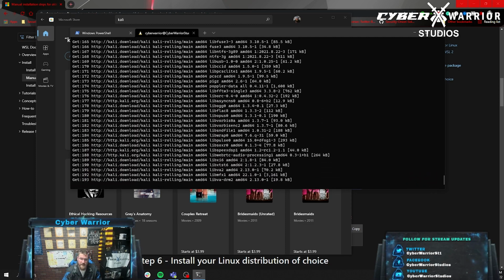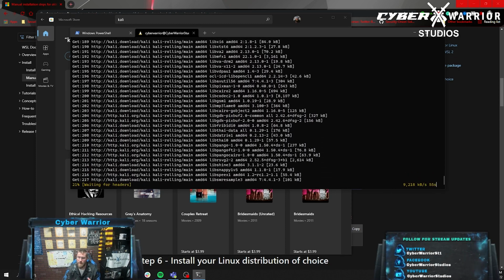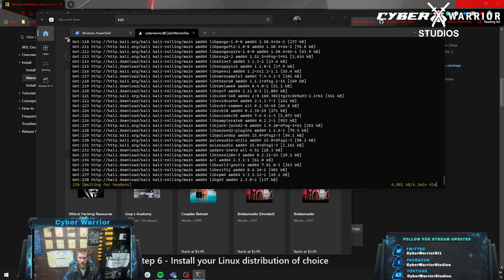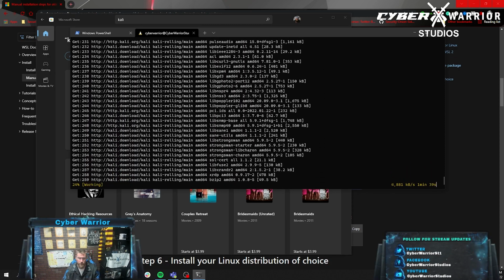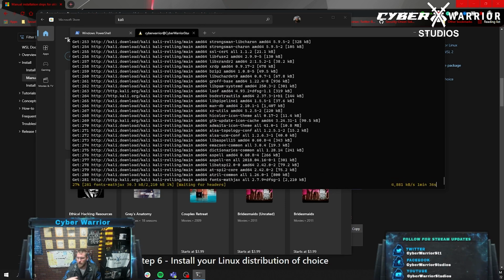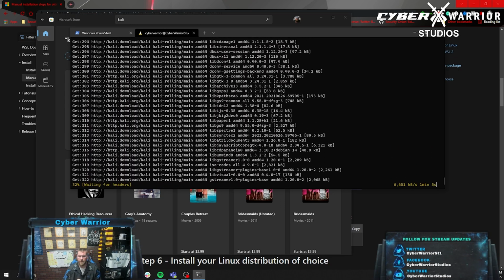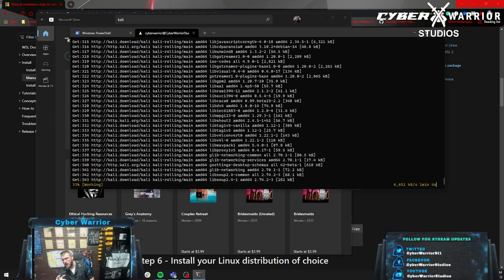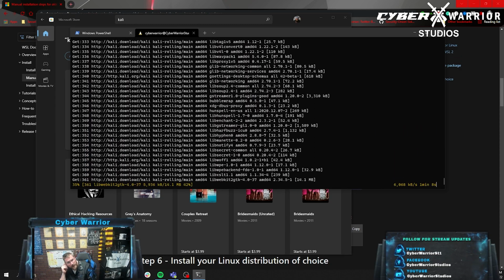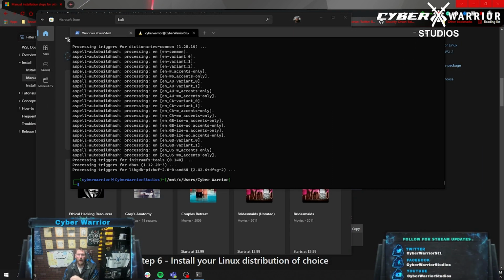Now, again, it's not a necessity. You can completely skip this step if you don't want to do it because a lot of people like the terminal, and that's where you're going to run your tools from and do everything anyways. But if you do want access to the graphical interface, this is what you would do. So while this is going through and installing, I'm going to hang out, and I'll be back here in a little bit. All right, we're back, and that is finished installing